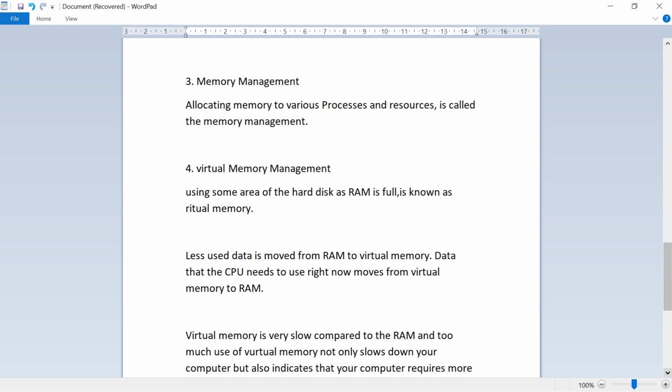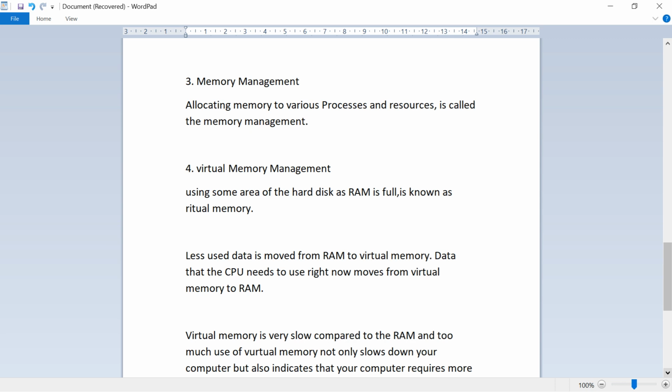Next one is virtual memory. Another important task of the OS is virtual memory management. Virtual memory is used when the RAM is full and still the OS requires more memory to execute programs. Virtual memory is implemented using paging or segmentation techniques.